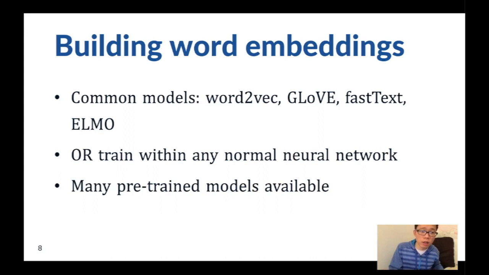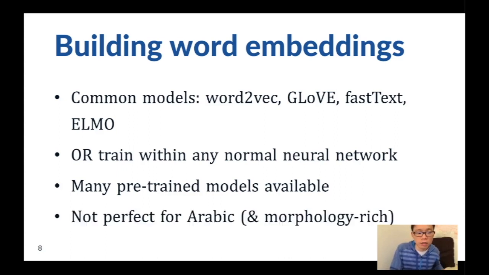There are actually a lot of pre-trained models available so that you don't actually have to build your own word embeddings in terms of coding the algorithm, but you can co-train. You can start from pre-trained models that people have released on the web. I think all of these common models have pre-trained models available, and then usually you can add on some of your own data on top of that.